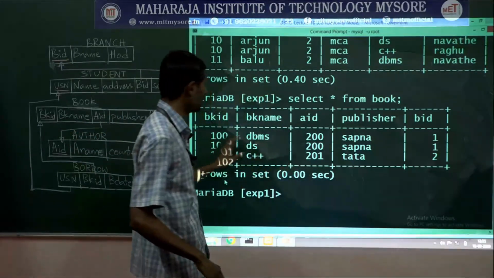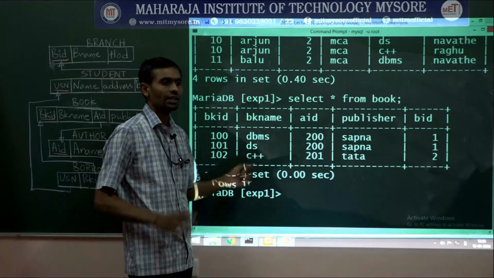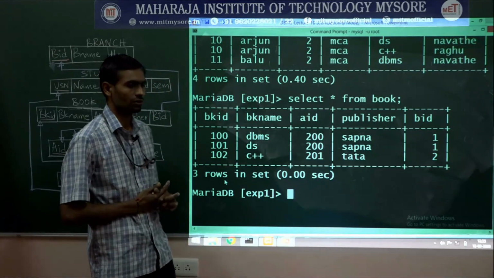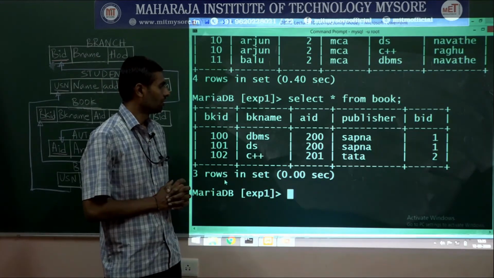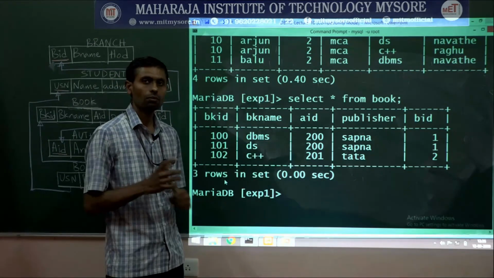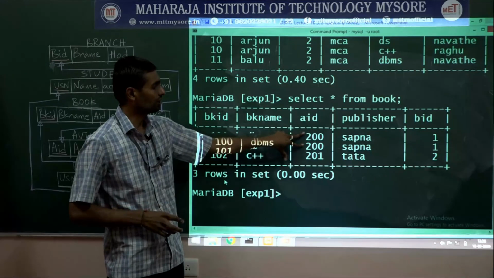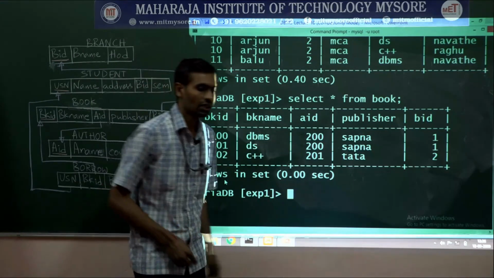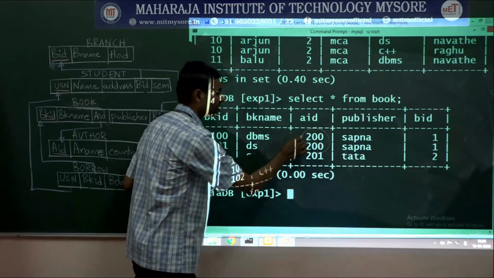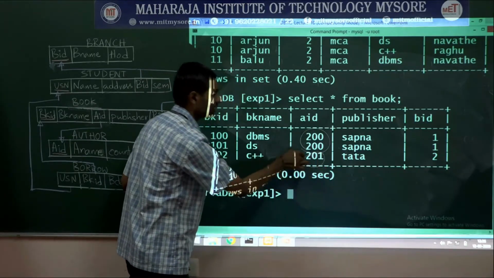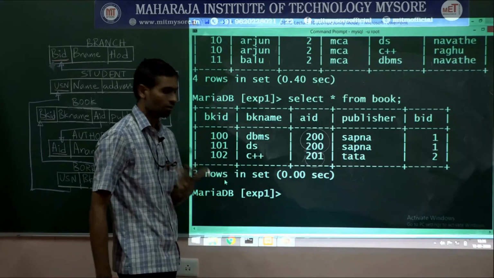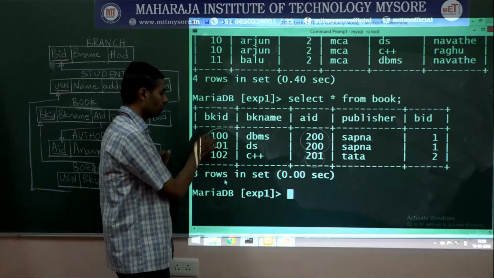It's an indication that with the help of this author ID I can easily say each author has written how many books. As per this data, can you tell me guys how many books were written by each author? We'll say 200 wrote 2 books. 201 wrote 1 book. Have we said? Because 200 occurred twice. Yes, that means inside our mind what we did is we grouped based on this author ID. All similar things in one group, right? So all 200 we made one group and 201 we made one group, and we counted how many